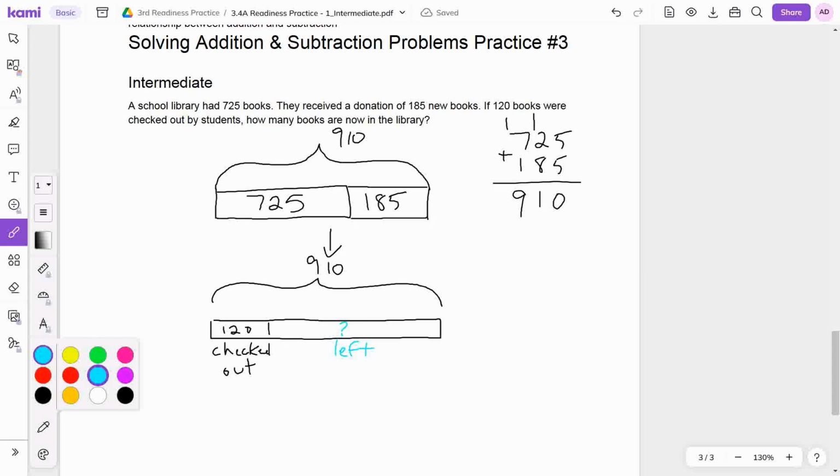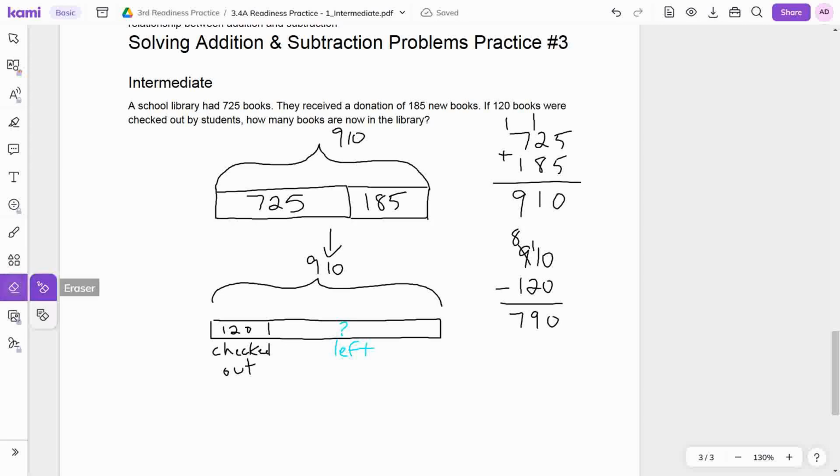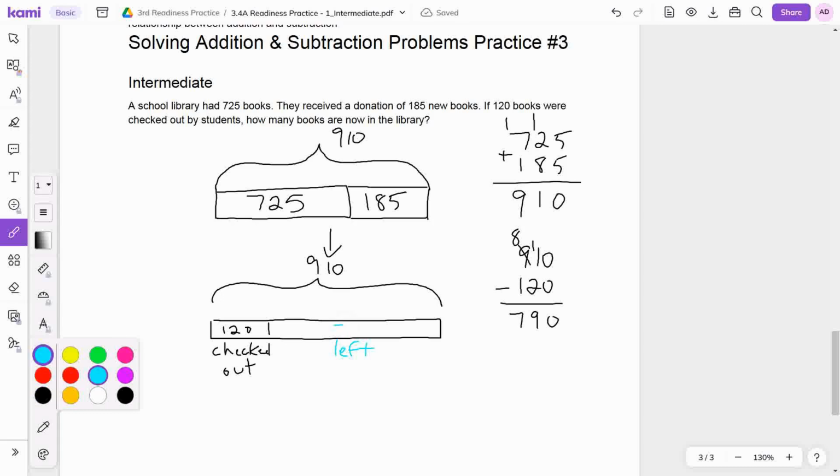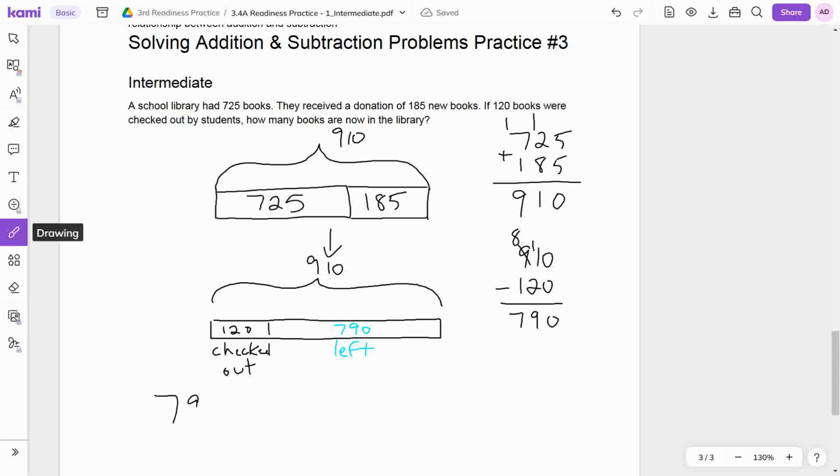So if we see it like this, we would say, all right, well, I need to take my 910, and then let's take away my 120. So I don't need to regroup in the ones place, but I do need to regroup. So I can subtract in the tens place, that's going to be 9. So that's 790. So I can say 790 books are left. So I started with 725. I added 185, and then I subtracted 120. So let's go ahead and just write that in a statement. We would say 790 library books